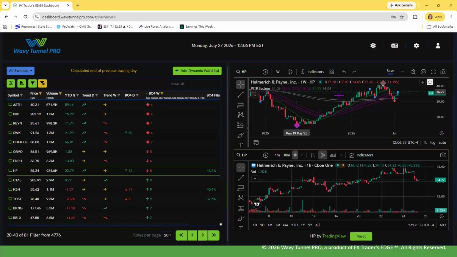Okay, this is interesting. We did bounce off of this signal, but now the wave is crossing above the tunnel. So that's trouble. That could mean that we are headed back up again. It can mean a lot of things, but it's not something that I'd be interested in watching from this point forward. So let's just go back up to